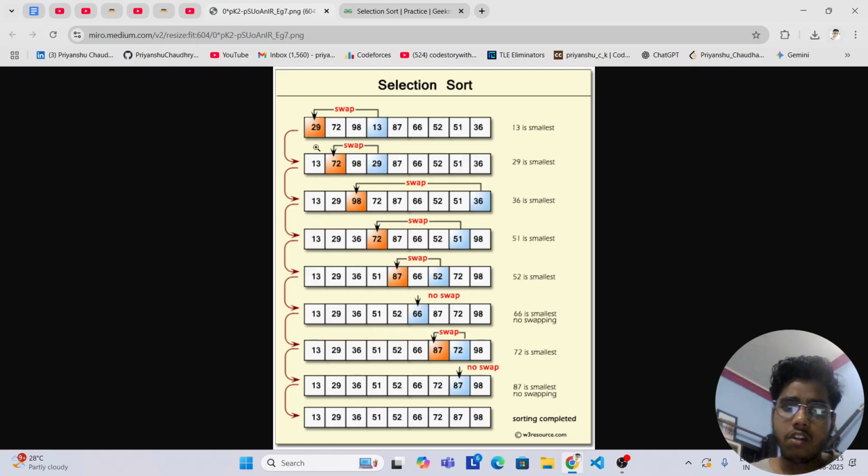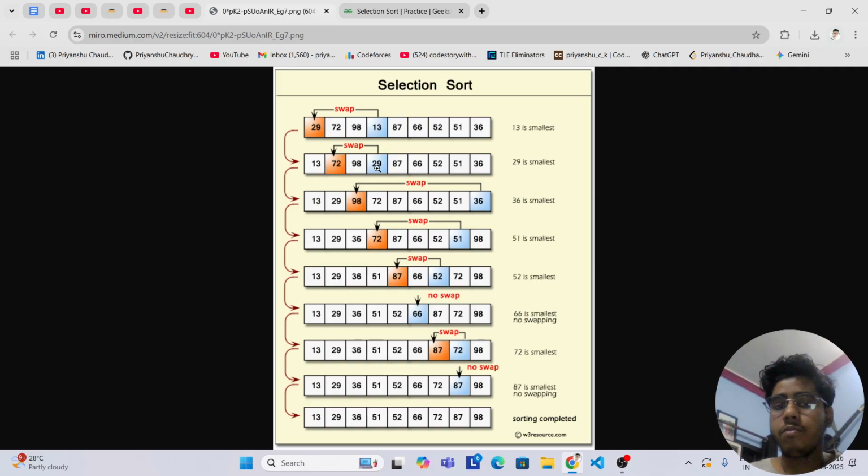So our pointer is now at 1st index, that is 72. It is marked as orange. Okay, now from this standing index to the last index, we have to find the minimum. So we will iterate using a for loop. So we are iterating.